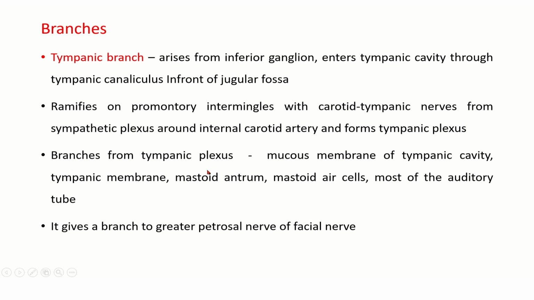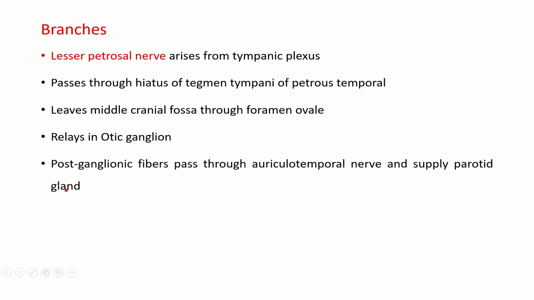So branches from the tympanic plexus supply the mucous membrane of the tympanic cavity, tympanic membrane, mastoid antrum, mastoid air cells, and most of the auditory tube. It gives a branch to the greater petrosal nerve of the facial nerve. Then ultimately the main contribution from this tympanic plexus is the lesser petrosal nerve, which arises from the tympanic plexus,